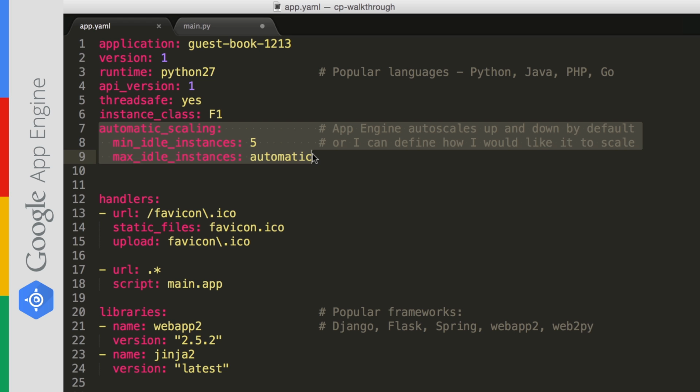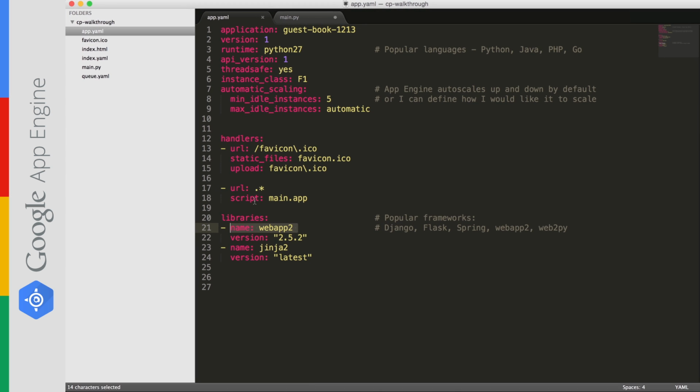As a developer, I also have popular frameworks built into App Engine. It's really easy to add these to my application. So for example, I'm using Web App 2, but I could also use Django, Flask, Spring, and Web2Py. Now right now I'm working in a text editor, but I'm not restricted to working in text editors. We have integration of App Engine and popular tools like Eclipse, IntelliJ, and PyCharm. So the app.yaml file defines how I want my application to be run, and now let's switch over to my